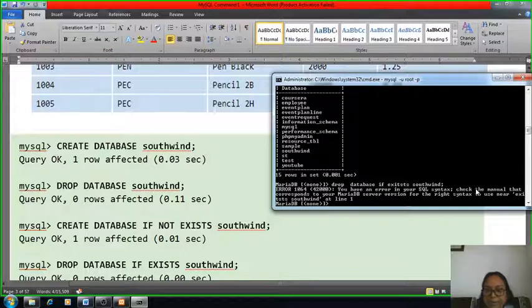Okay, drop database if exists, there is a spelling mistake, EXISTS.